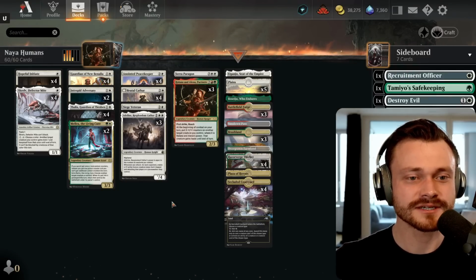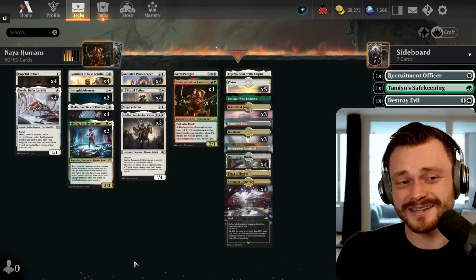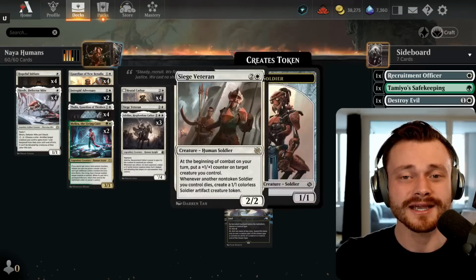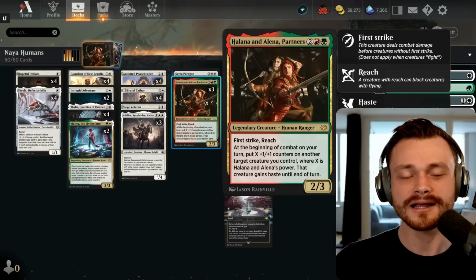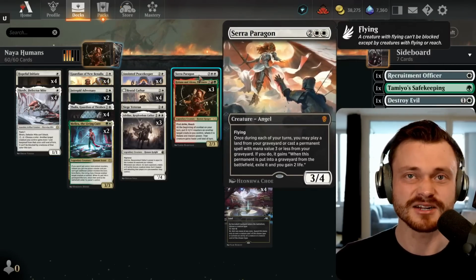Rest of the deck, pretty standard stuff. We got some Adelines in there, which hits hard. Brutal Cathar to take creatures, and is much better in this shell because you can protect it via numerous ways, so it no longer just dies to cut down immediately. Your opponent actually has to put in some work to get rid of this thing. 3 Halana and Elena's on top, which is always just very strong, and I like that 4th slot going to Sarah Paragon, especially if you can protect it easily,